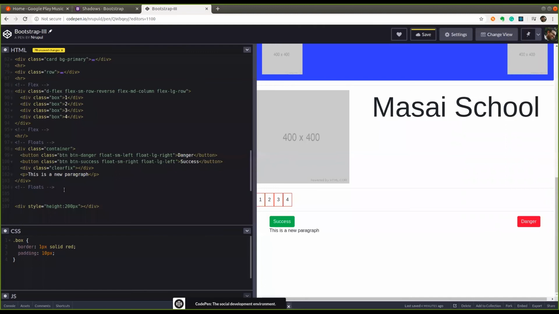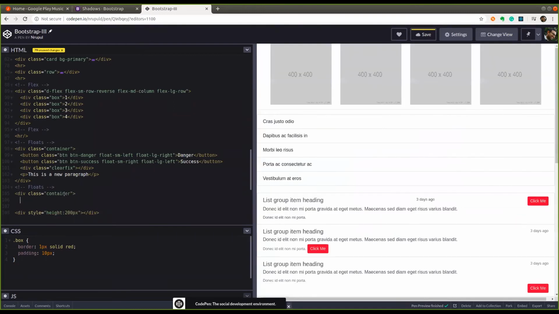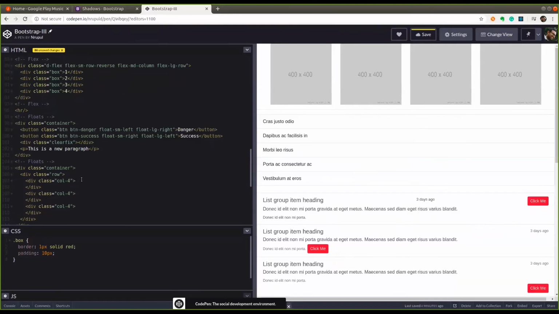So whenever you're creating some kind of boxes, let's say you're building an e-commerce application where you are showcasing the products. Let's say you're showcasing 3 products. That means the column needs to be 4. Always remember the 12 rule: there should be 12 columns per row. Now let's say div